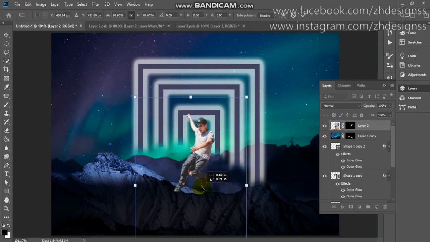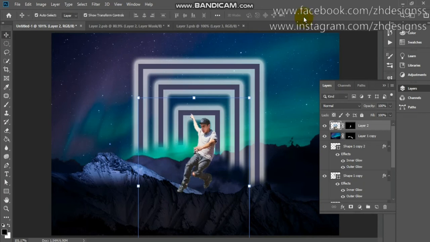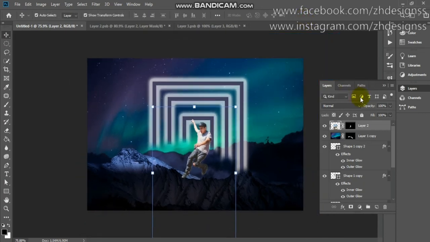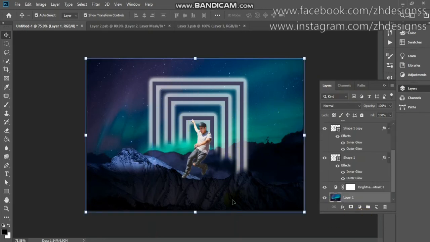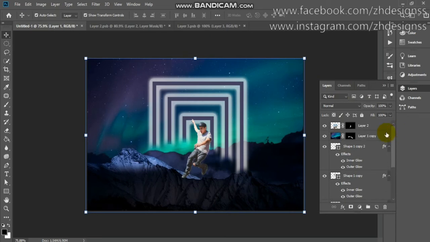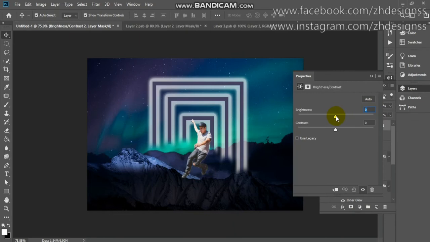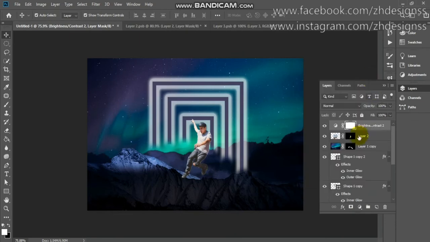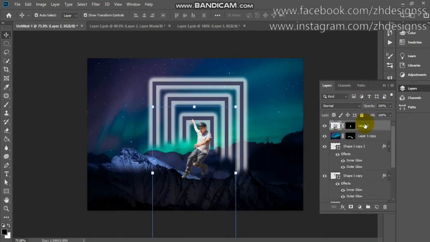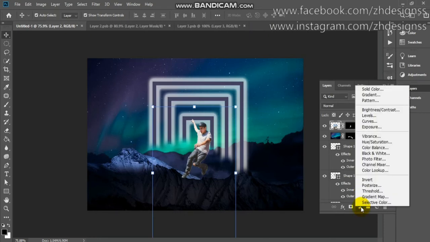Now reduce the size and place it at the right perspective. I think it's okay. So here you can see the subject is brighter than my background. So what I can do, I can decrease the brightness, but I think you should use another technique, which is a photo composition technique. Go to your levels curves